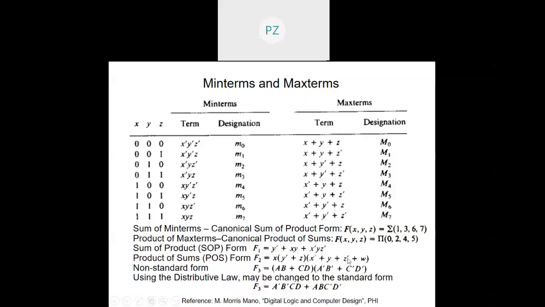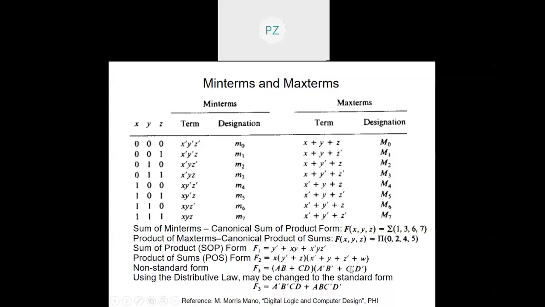Because it doesn't have every sum term having all the variables. You see, w, x, y, z, it shows that there are four variables. So I'll have to have four variables in all the sum terms. So for that, I'll have to again make use of the distributive property, and I'll have to OR it. Just as over here I ANDed, over here I'll have to OR it using the terms that are not there. Like w, y, z are not here, so I'll have to OR it with that. Similarly here, I'll have to OR it with that. Similarly, I don't have w and x here, so I'll have to bring them in. Then only this can be converted into canonical product of sums form.